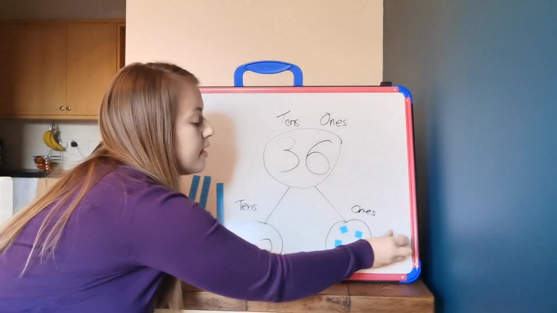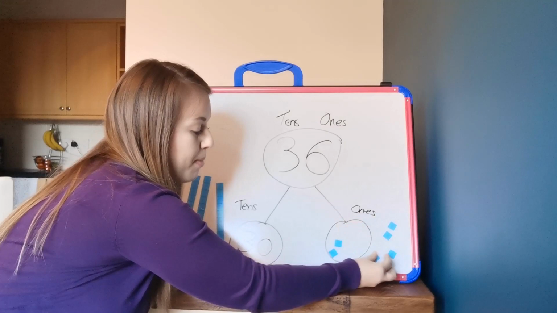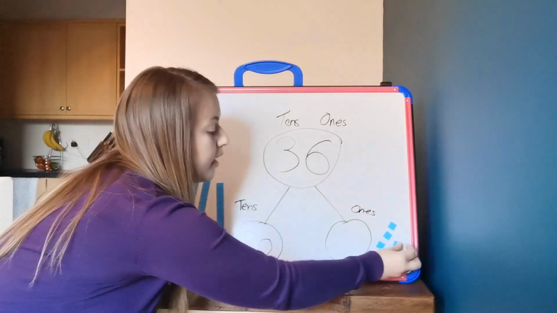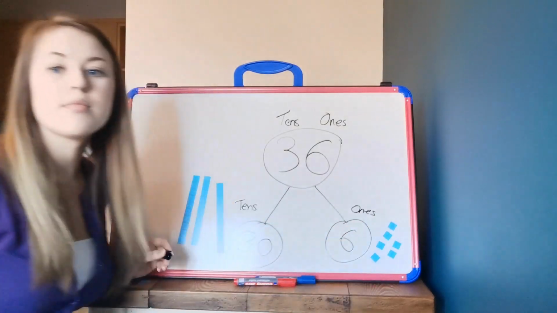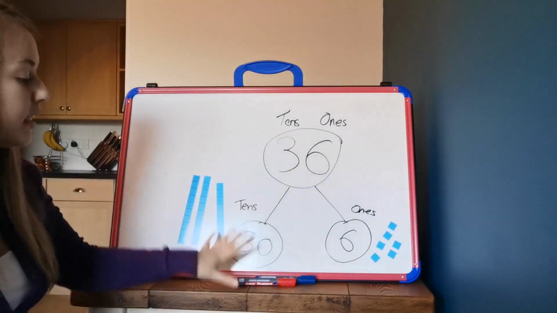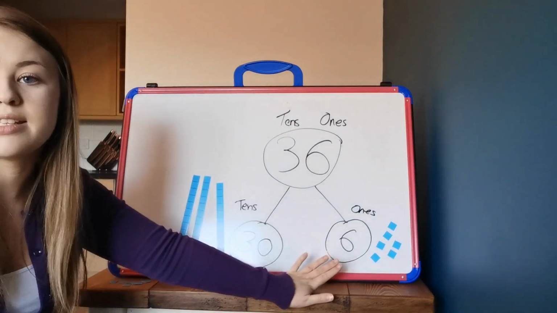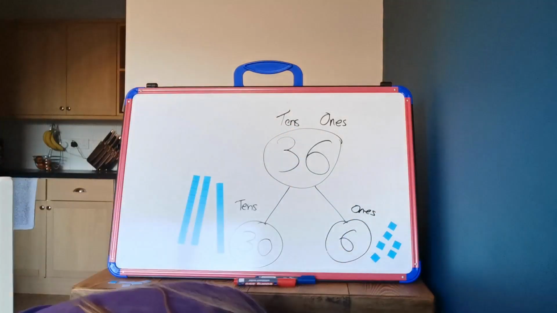So then I can put these to the side and I can complete my whole model by writing the numbers then. So I've gone 36, we'll have 30 and 6. Now if I was to try this with a different number,